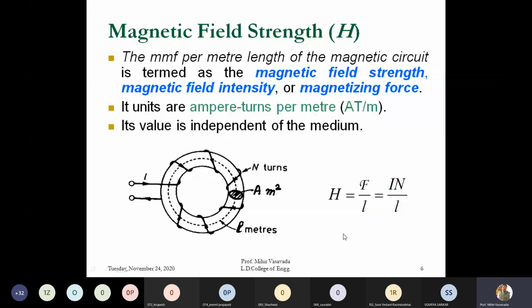So this H is the magnetizing force, F is the MMF, the unit of MMF, and this is the symbol of MMF: NI. So NI is ampere turn, and this is divided by L, which is per meter length. So the value of H is AT per L. Clear? So if you look at the magnetic circuit shown here,